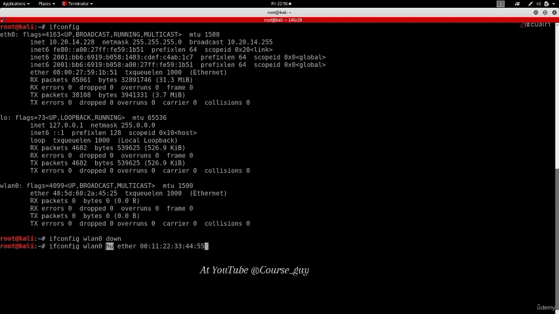We want to set the hardware address, and we want to set this address to this specific address. So you can use any address that you want following the same format shown here. Just make sure your address starts with 00. So I'm going to hit enter, and again we don't see any error messages, so it means the command got